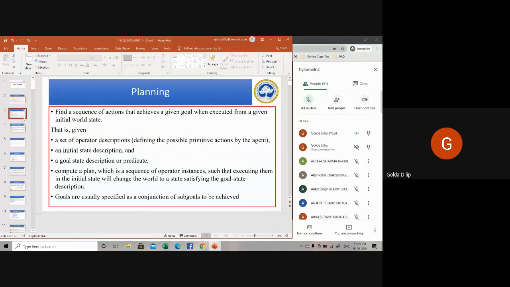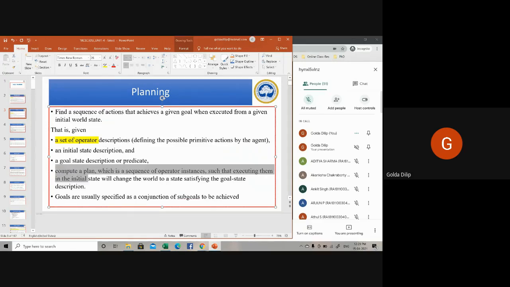And when you say planning, reasoning and all the techniques we have learned in the third unit come as a chain or as a part of it. So for planning a sequence of actions, you have a set of operators. An operator is nothing but your action, the action descriptions. Then you have an initial state and a goal state or a predicate.